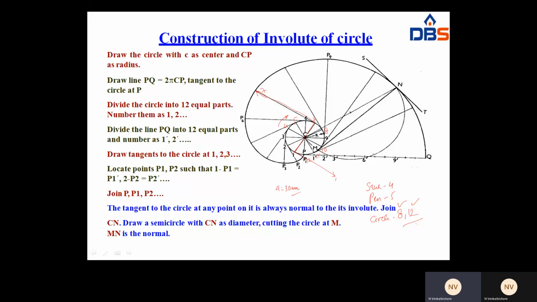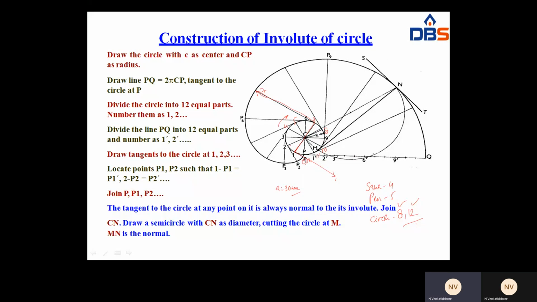Okay. Then what is the repeated thing from 1? Here the starting point is the 12 point, but you just exempt the starting point. Go for the next one. Here 12 or 0, both are the same. So you exempt 0. With 1 as a center, 0 or 12 as a radius, I mean distance, cut the arc; that is P1.